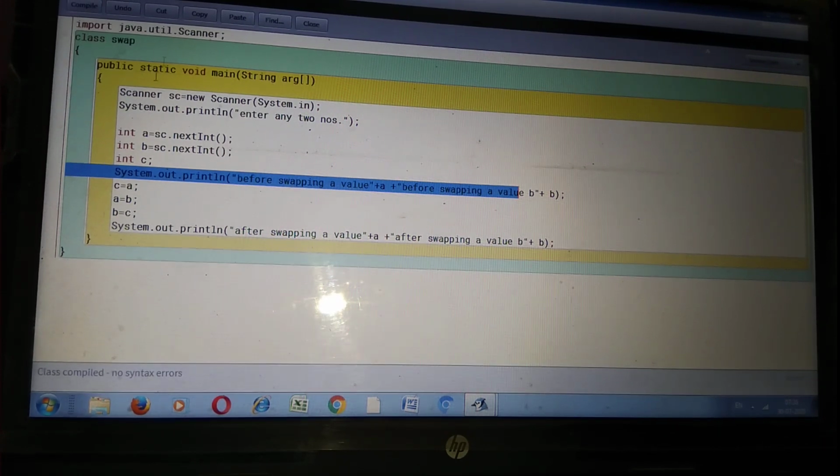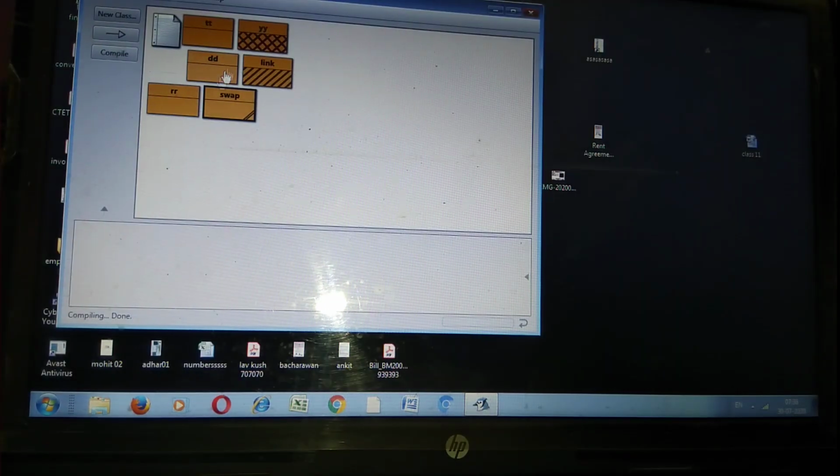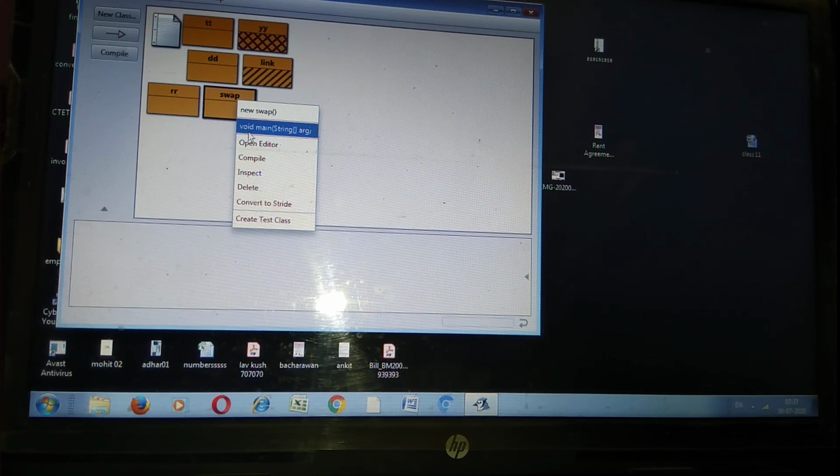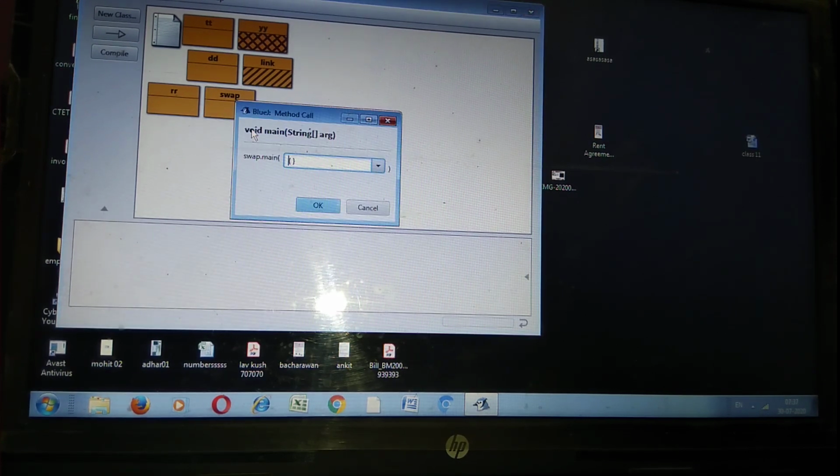See at the bottom it is written: class compiled, no syntax error, which means your program is correct. Now click on close and right click on your project class folder, click on void main, and then click on OK.